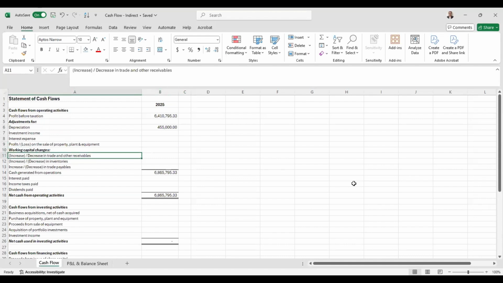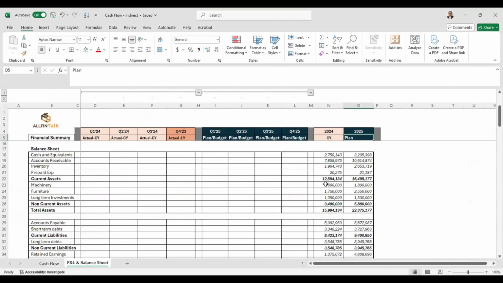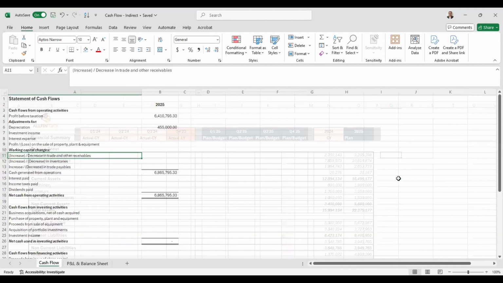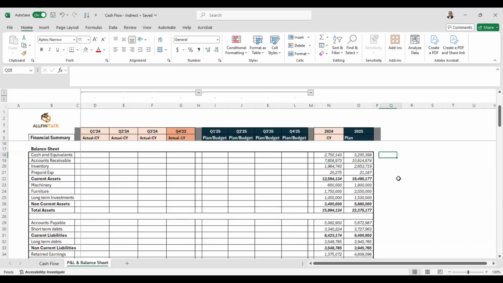Then we come to working capital changes. So let's have a look at the balance sheet. What is working capital? I hope you know the formula for working capital. It's current assets minus current liabilities. Now you can make this adjustment in parts where you calculate the changes in current assets. Any change in current assets is reflected with opposite sign in cash flow indirect method under cash flow from operating activities. For example, any increase in accounts receivable